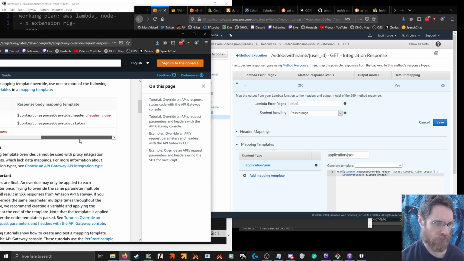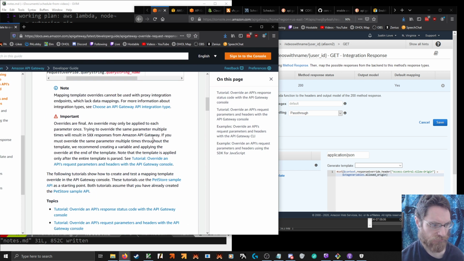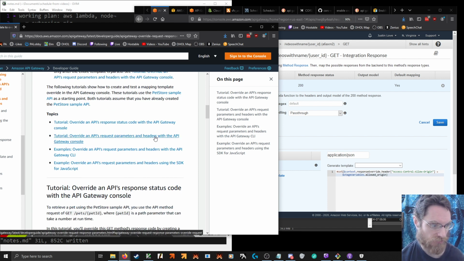Using the quote version because it has dashes. Template overrides cannot be used with proxy, right? Because you just return the response. Only applied once. Response status code, parameters and headers.